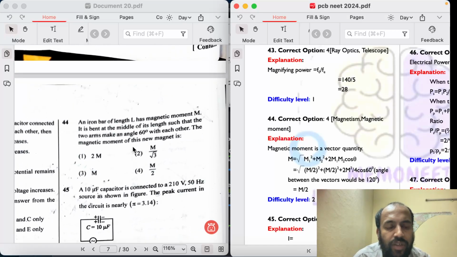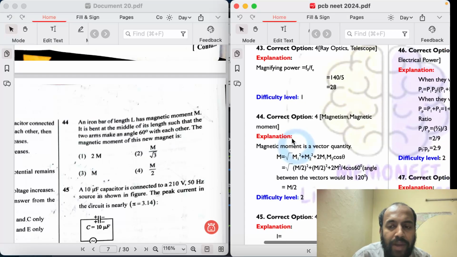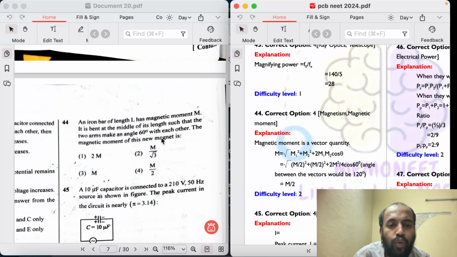Go for the next question, number 44. An iron bar of length L has a magnetic moment M. It is bent in the middle of its length such that the two arms make an angle 60 degrees with each other. The magnetic moment of the new magnet is. So it's an iron bar of length L, and it has got a magnetic moment. Now if we bend it, that means we are talking about two lengths now, which are having a magnetic moment, let's say M1 and M2. When you actually break it into two, the magnetic moment will also be half. That means M by 2 and M by 2 for each, and each of them are making an angle of